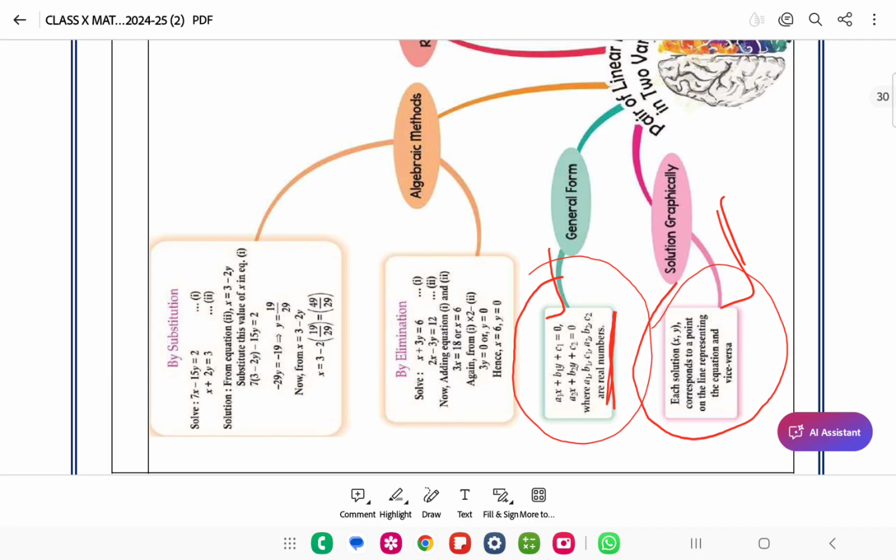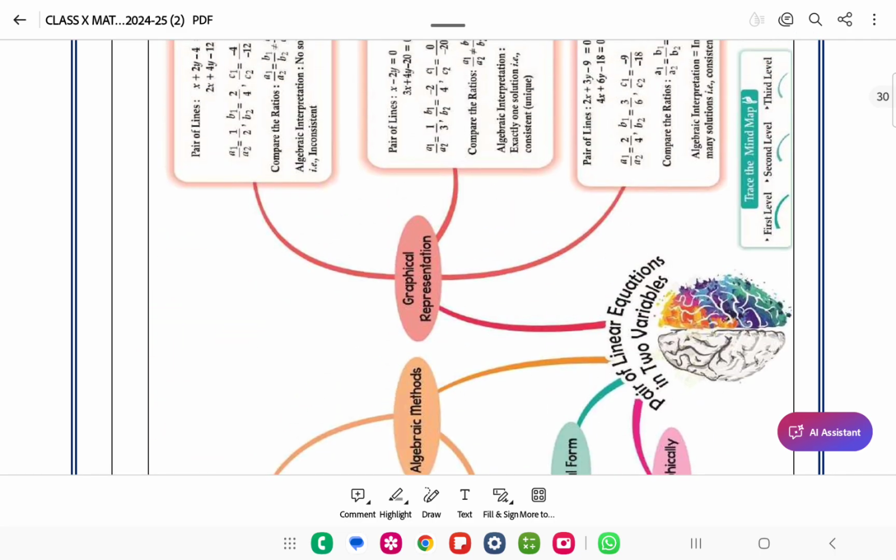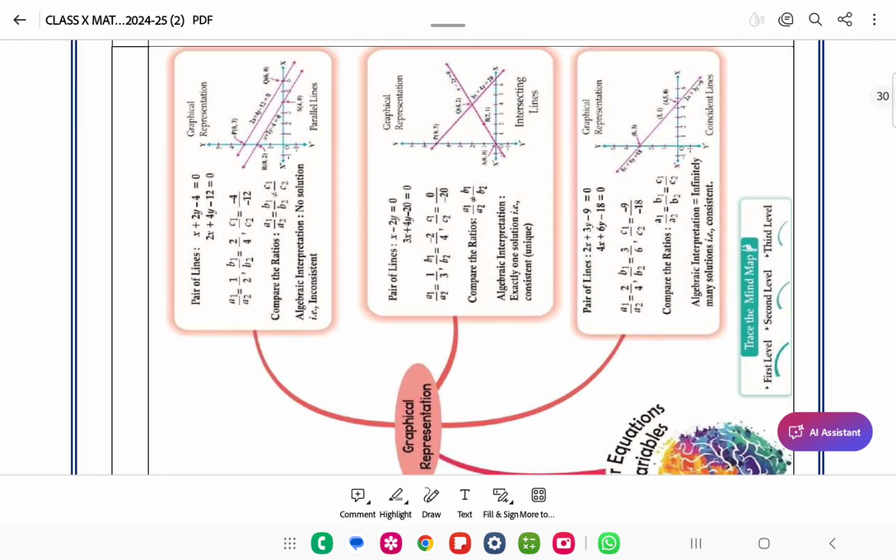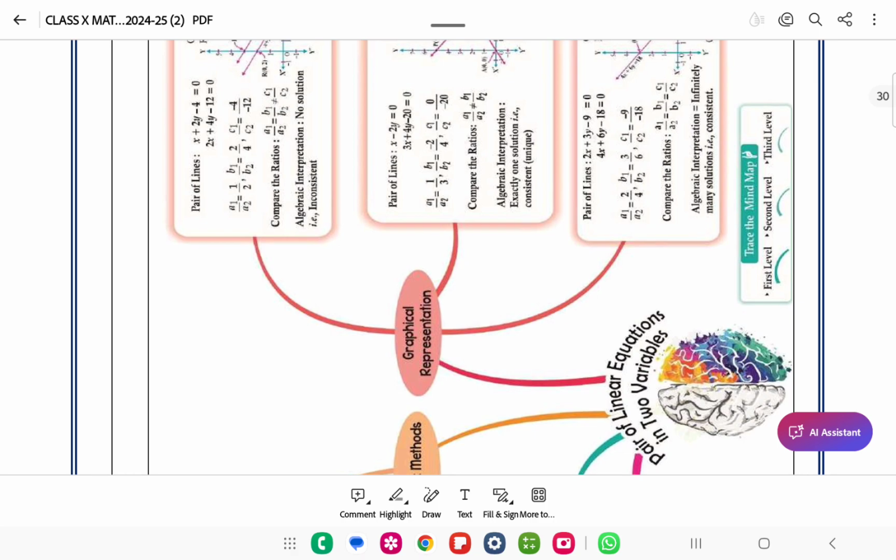And there are two methods, substitution and elimination method. I will come to this point at the end. And now we can go for pair of linear equations in two variables. They have given three conditions. Here we will also see the three conditions in the graphical representation. The graphical representation shows three conditions. One is,